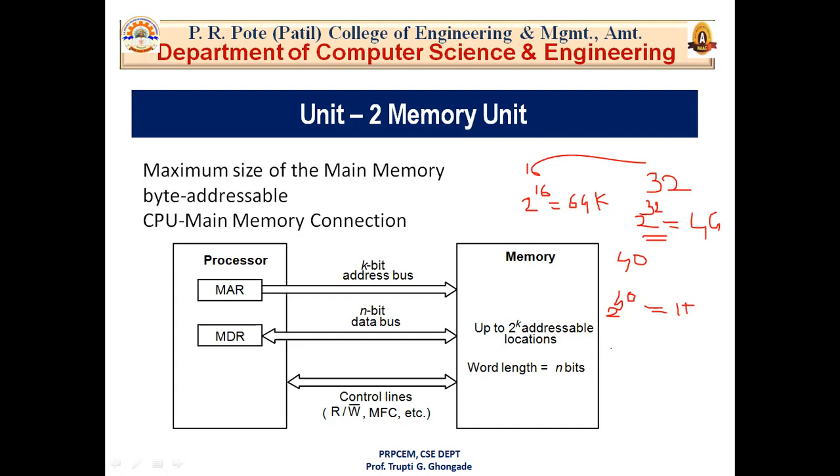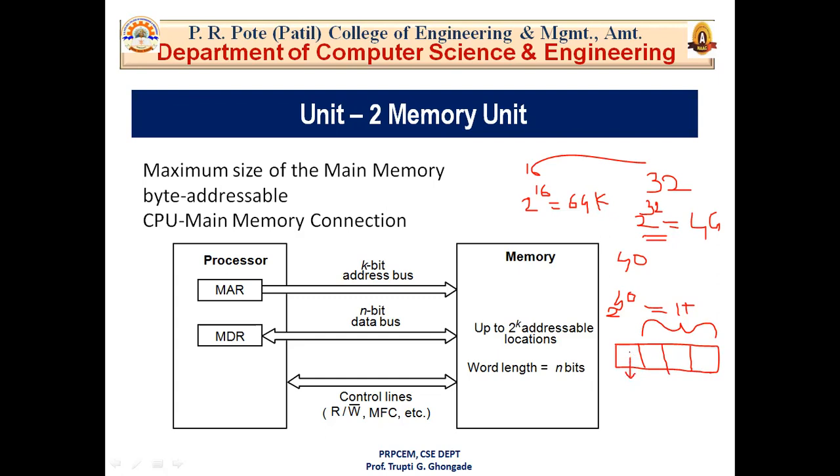Let's say this is your byte addressability. Now your word is divided into 4 parts. These 3 parts